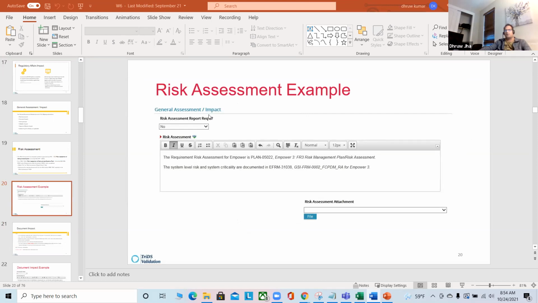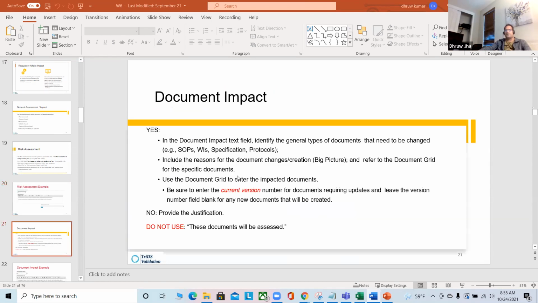So this is the risk assessment example. In the risk section, you will see: is a risk assessment requirement report required, yes or no. If you say no, then you have to give the reason. If you say yes, then you say how you're going to do it. All these things you're going to see in the system, and you have to fill them up. Okay. Then document impact: what all documents will be impacted, what is the current version, and then